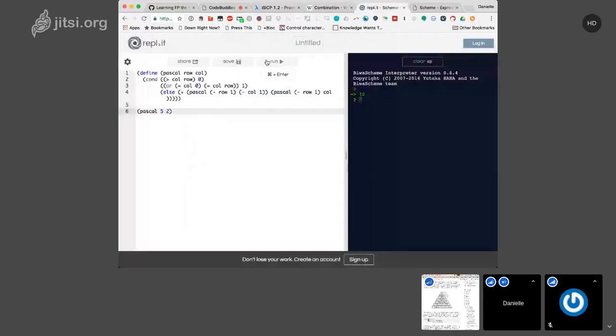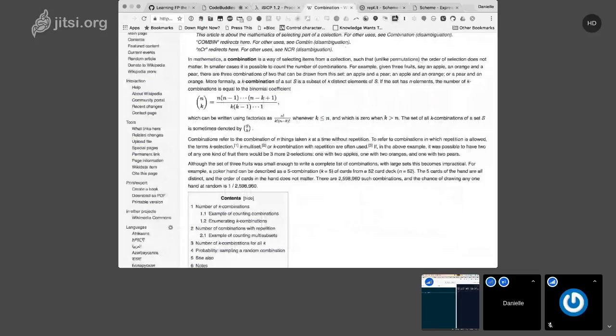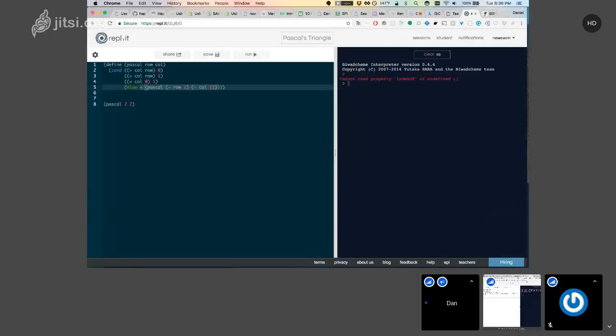Okay. All right, that weirds me out that it won't print out the 0, but whatever. Yeah, I wonder if it has anything to do with maybe